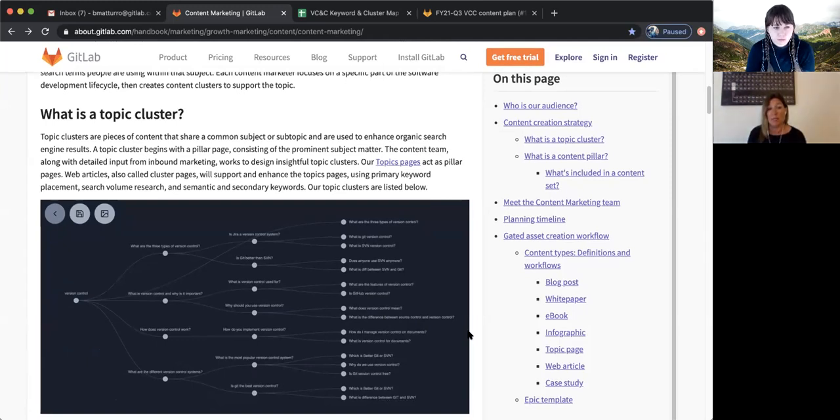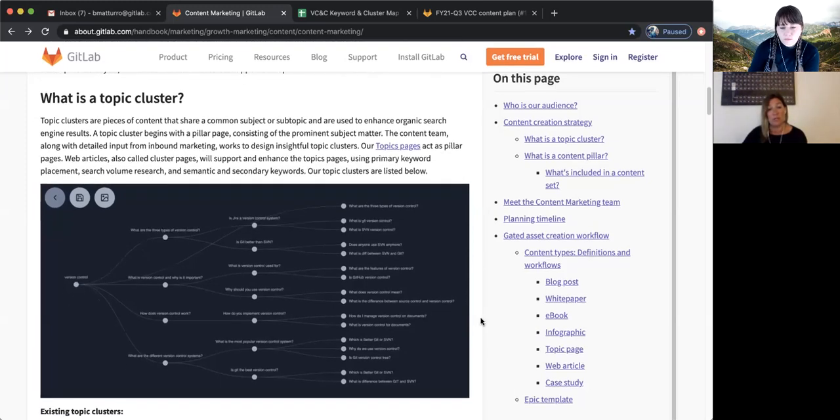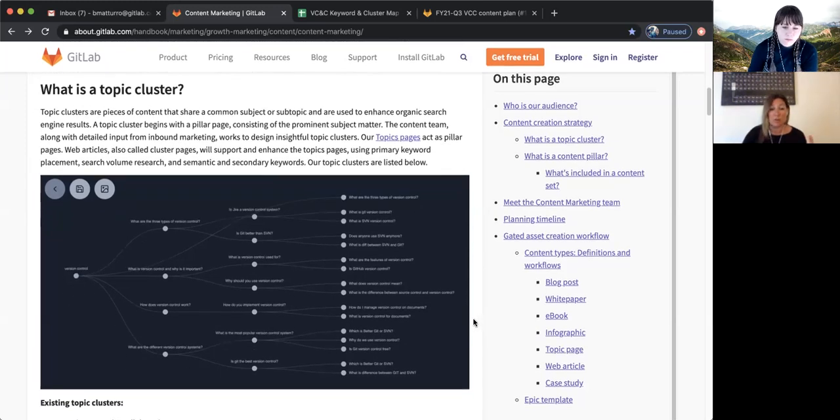The content team, along with detailed input from inbound marketing, works to design insightful topic clusters. Our topics pages are acting as pillar pages, and our web articles, which are also called cluster pages, will support and enhance the topics pages using keyword placement, search volume research, and semantic and secondary keywords. We have a few clusters listed below, but just to go over this visual,